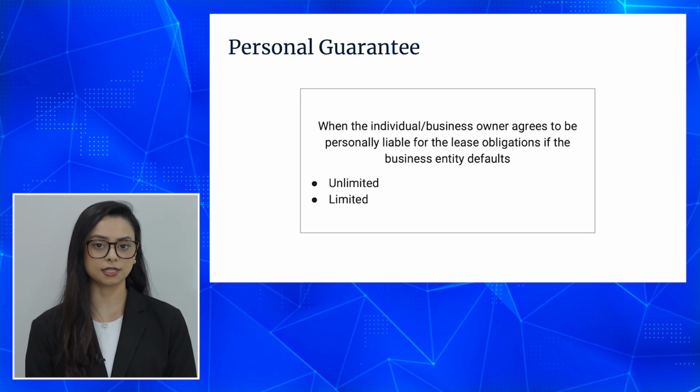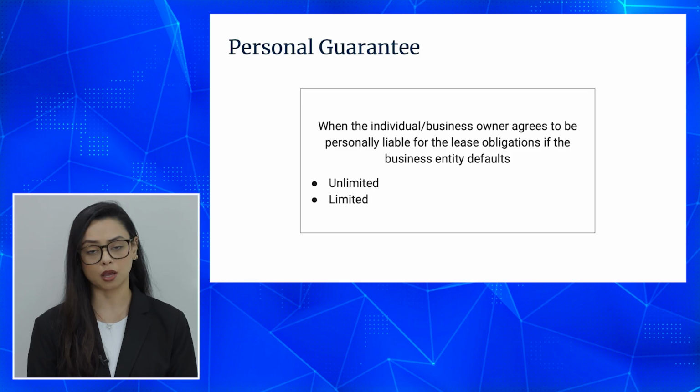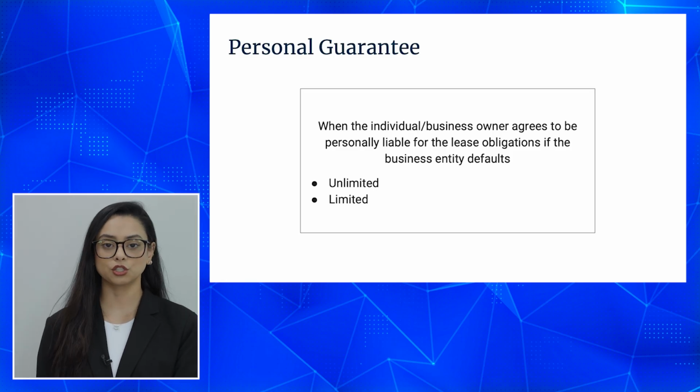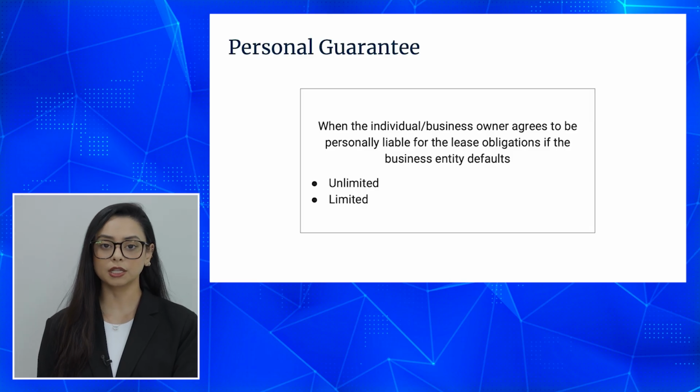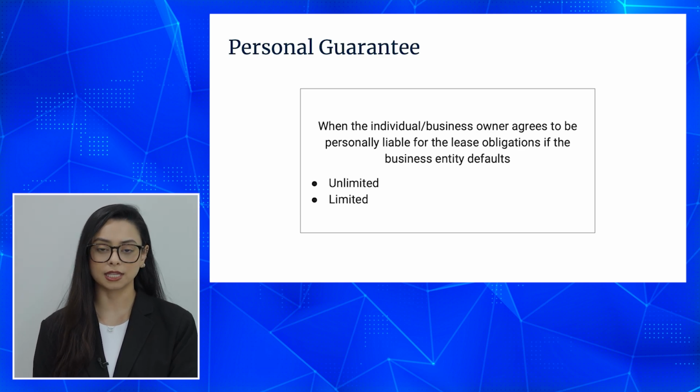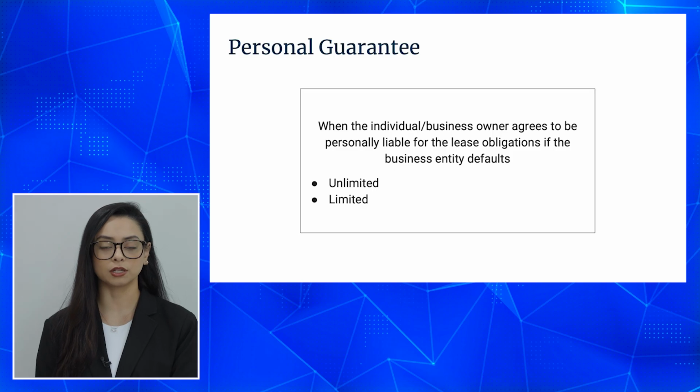Another distinction is that a commercial lease often requires a personal guarantee. A personal guarantee is when the individual business owner agrees to be on the hook for any payments should the company fail. There are two types of personal guarantees, unlimited versus limited. An unlimited guarantee is when the signer is guaranteeing they will pay the full financial obligations of the lease unconditionally, while a limited guarantee is specified for a certain amount and often referred to as rolling.